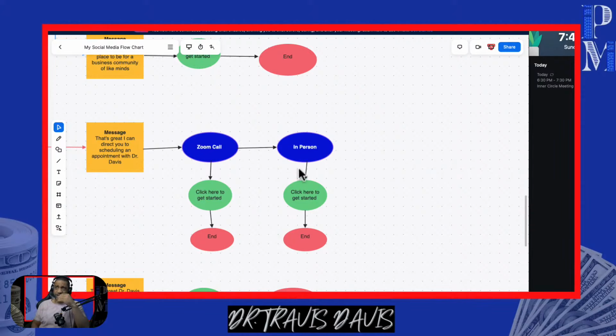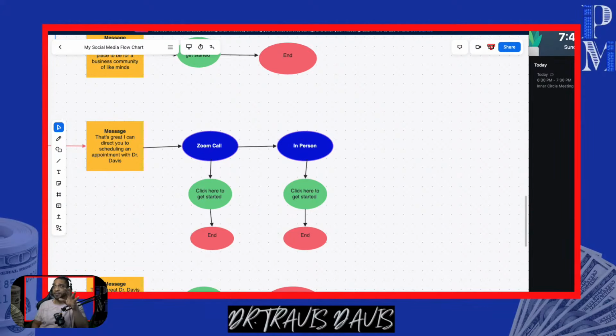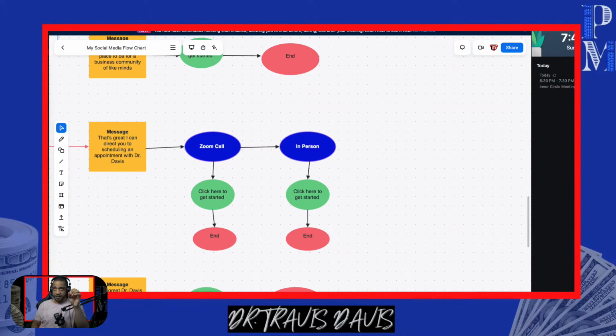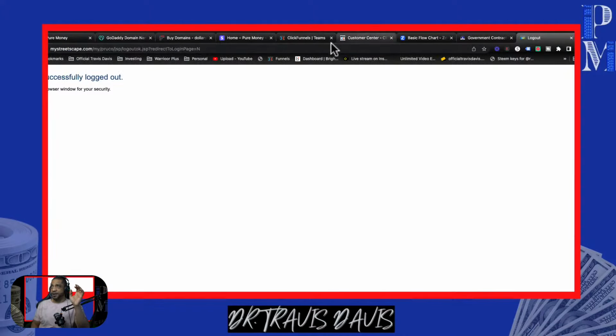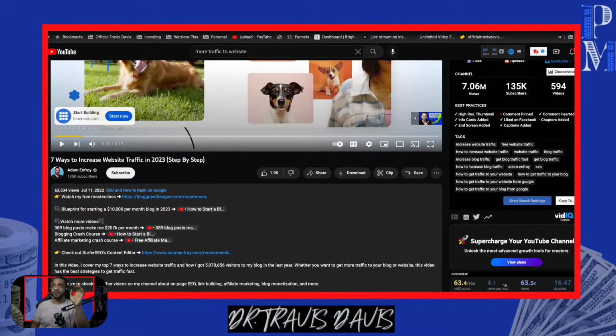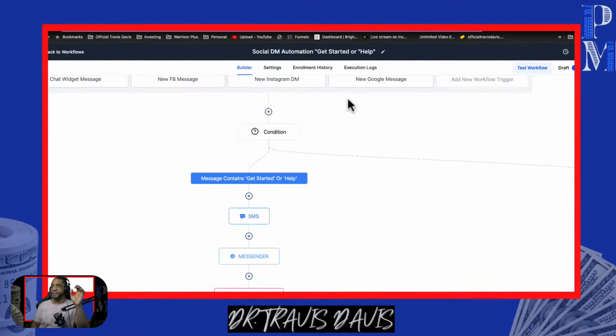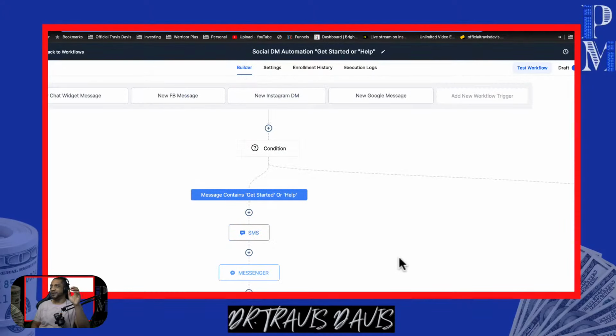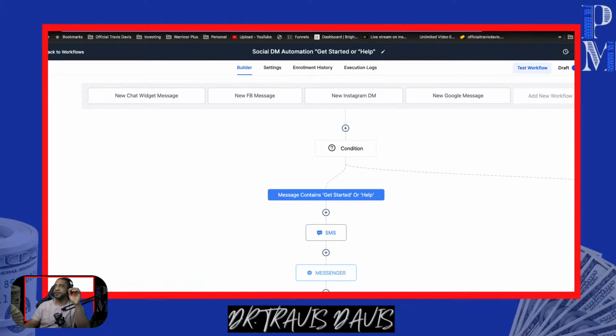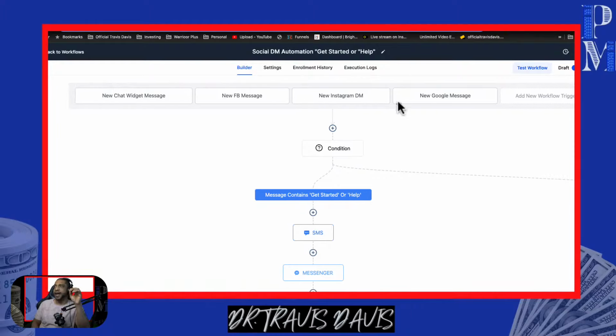Okay. So now that I can see it, now it's time to go have some fun. We're going to move that out of the way, and we're going to come here to the tool. Let me find the tool, SB Money Flow. And doesn't that look just like this? See, this is why I tell you guys it's important to create that flow chart. At the top of my workflow, look, here's my trigger. Anytime there's a new chat widget message, which I just told you is the bubble. Anytime there's a Facebook message, Instagram message, or Google message.